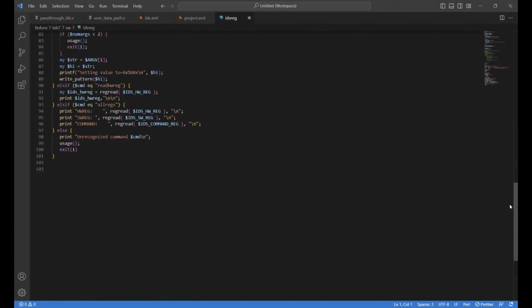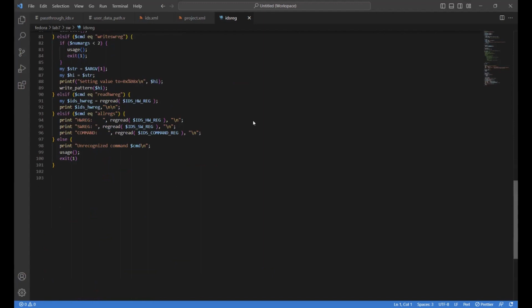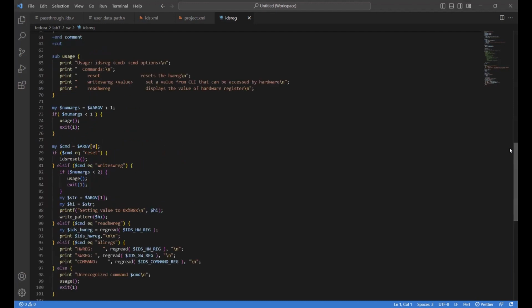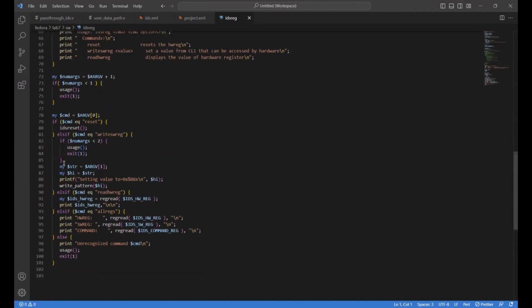And then if the command is write software register, it actually requires two arguments, right? The first is the command itself, write software register, and then the actual value that we want to pass in. So if the number of arguments is less than two, we'll be directed to another subroutine called usage, right? That basically describes how you use this. And if the number of arguments is equal to 2,